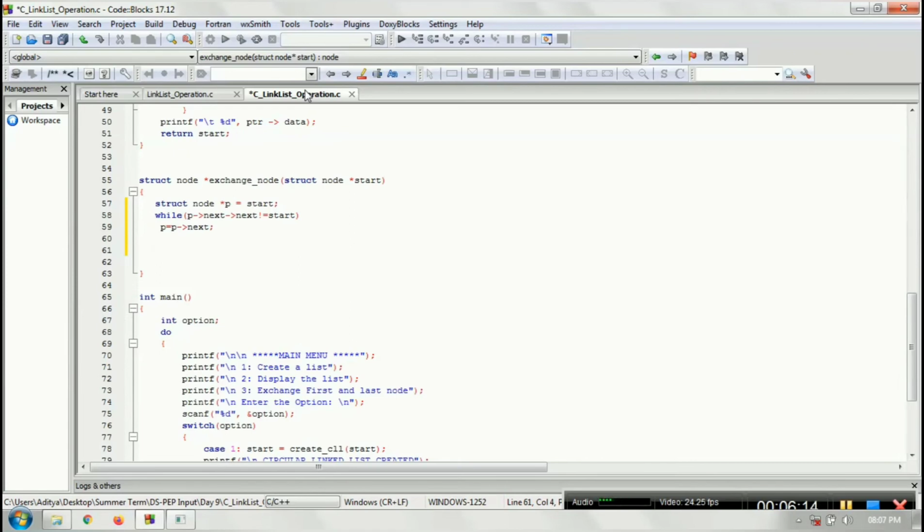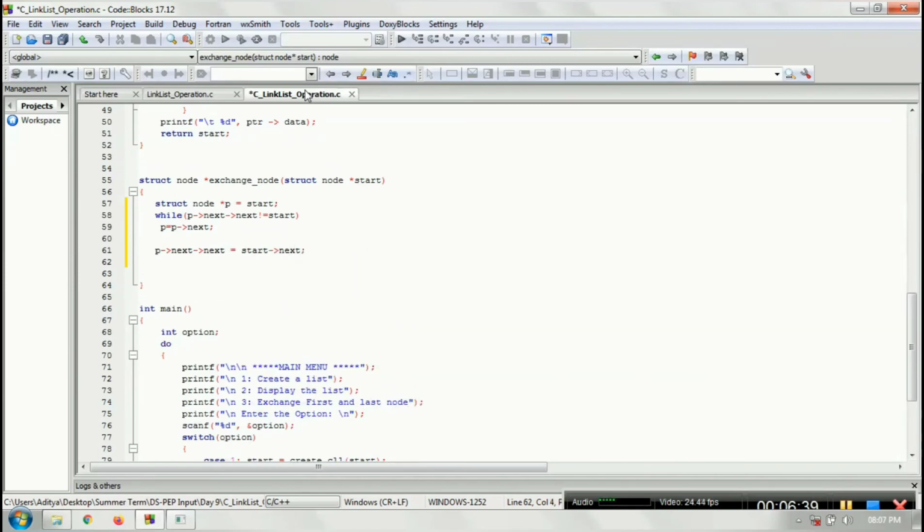So first, the last node, since it is going to be the first node, should point to the start next. It should point to the second node. So what we will do, P next should point to the second node directly. That is the first step we have to do.